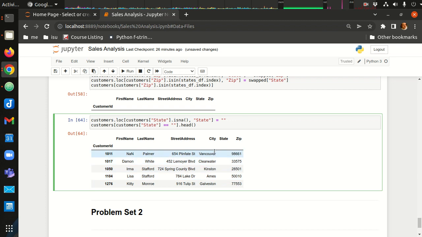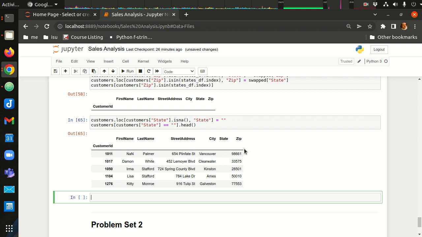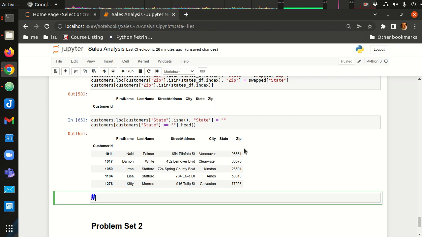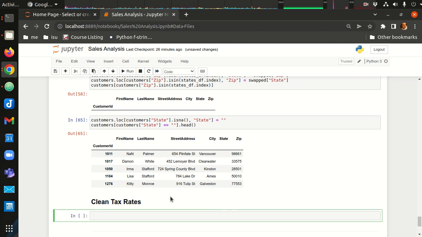Now we need to clean up taxes, right? We did taxes last time, so Alt-Enter and Escape. M for Markdown, Enter, clean taxes, tax rates. Clean our tax rates up. So Alt-Enter, we want to add another field underneath here. So let's first get our tax rates